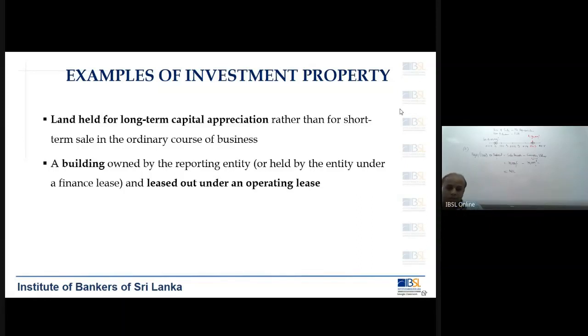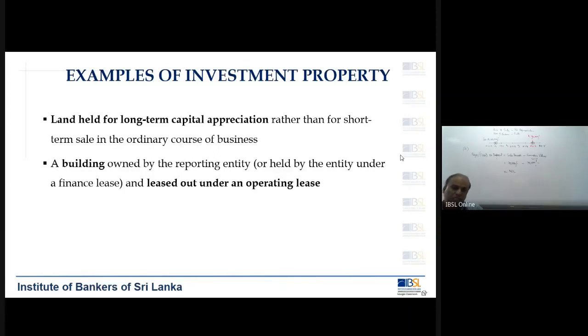Then the second one is a building owned by the reporting entity, that is the company, and given out to a third party on rental. We call it a lease. So you give it to a third party for rental, and that person has to pay you rental on a monthly basis for the next 5 years or 10 years. When you give it out on that kind of a lease arrangement,